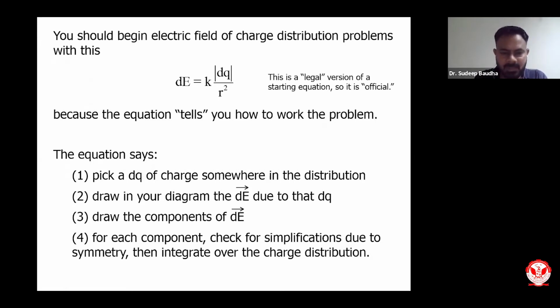Then we will try to find out or draw what will be dE, that is, a small amount of electric field due to dq. Then we will draw the components as we usually do, where we find the possible x, y and z components. Then we can solve for the simplification of those components. Finally, we can integrate over the entire geometry, and then we can find the actual electric field felt at that particular point due to the entire rod, which has charge minus q in this case. So I hope now the question is very clear, and the type of solution we are going to provide is also very clear.